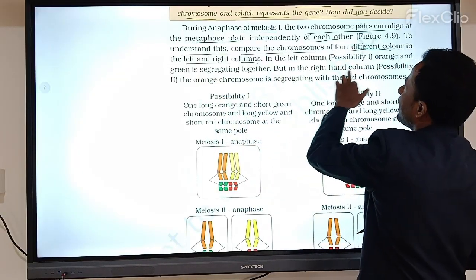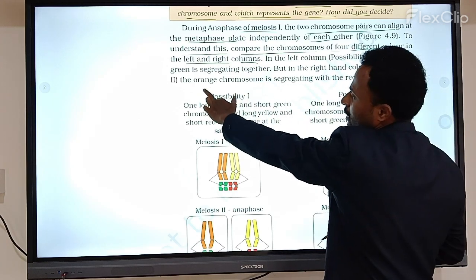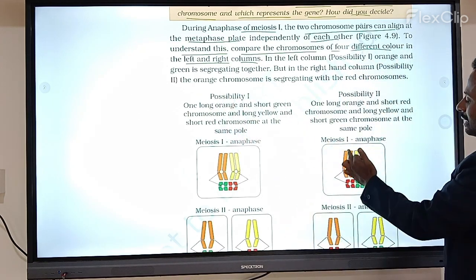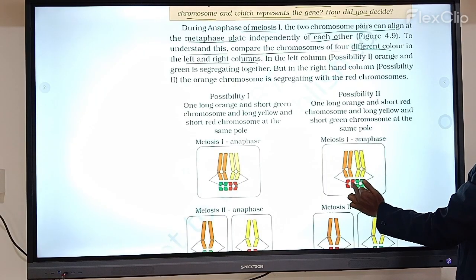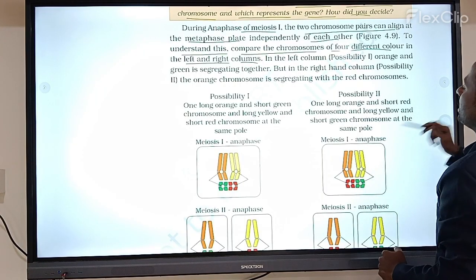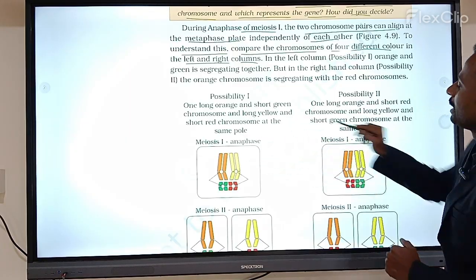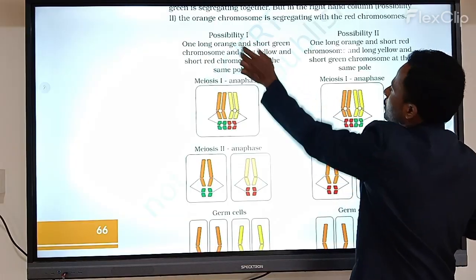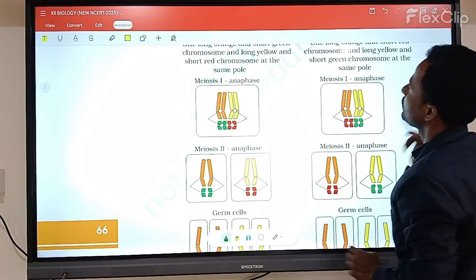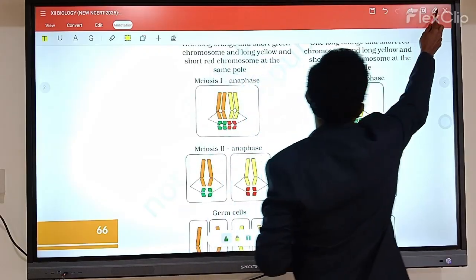What happened in the right-hand column? In possibility 2, they have given orange and then red chromosomes. In possibility 1 and possibility 2 they are given. See, in possibility 1 they have given it clearly here. First we see that in this process